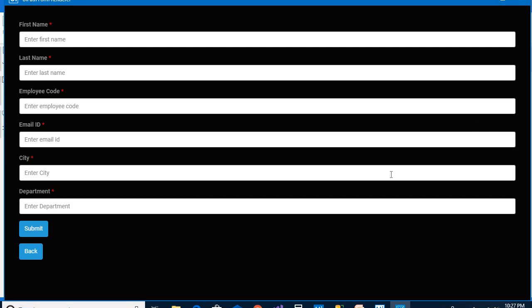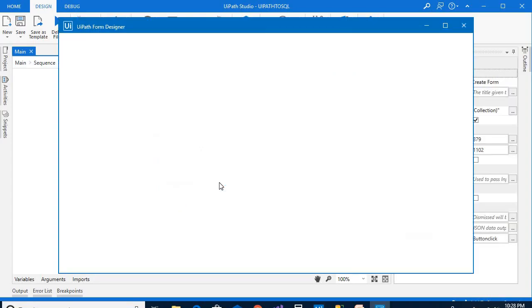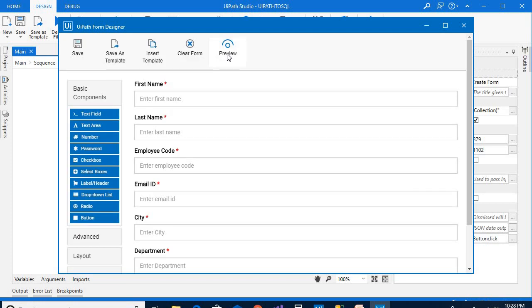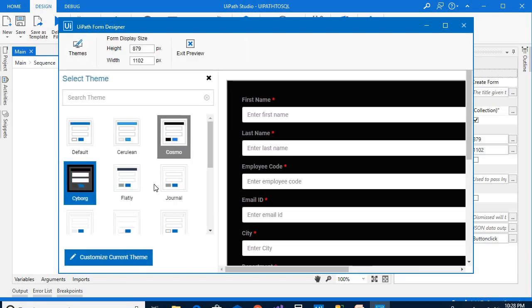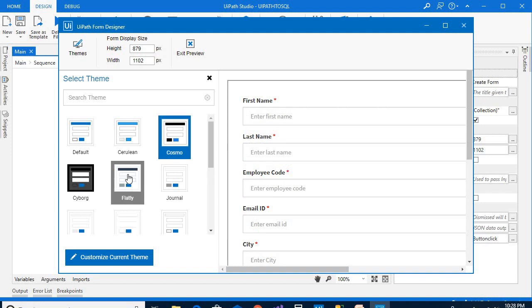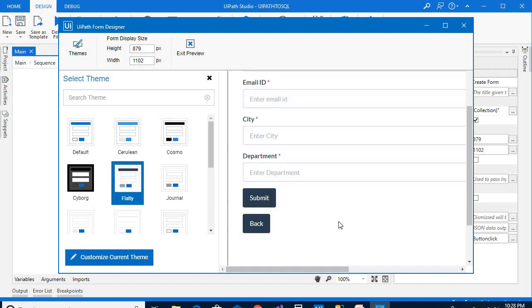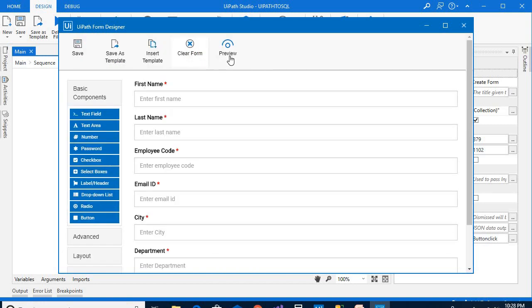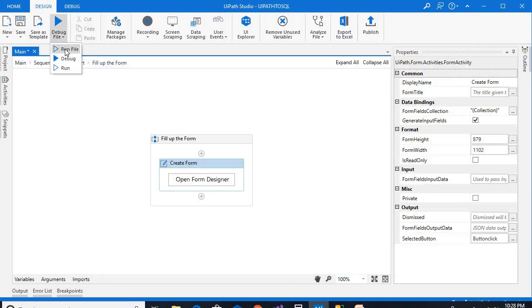I am changing the theme, making it simple, and running it.